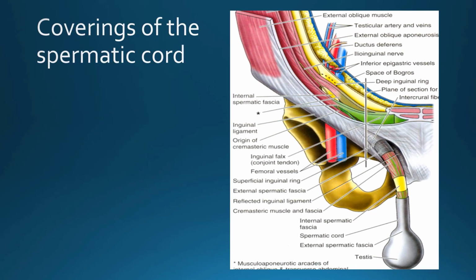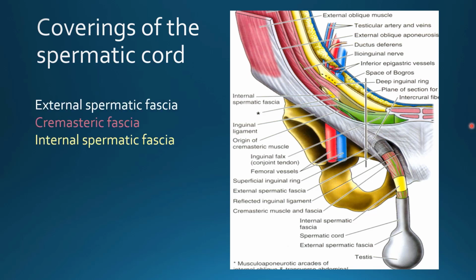Let us look at the coverings of spermatic cord. As I was discussing, some contents from the abdomen take entry through the inguinal canal, forming spermatic cord. Those contents are ductus deferens, testicular artery, pampiniform plexus of veins. They are all gonadal vessels, gonadal veins, and nerves to the gonad, that is testis. I have written three different structures in three different colors here. Actually, they are comparable to the diagram placed beside.